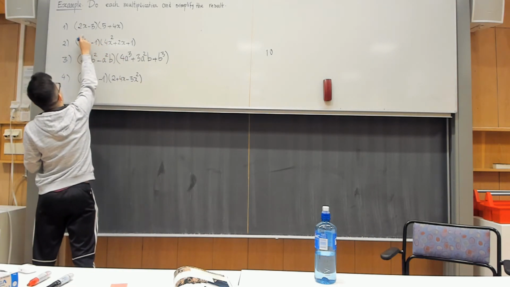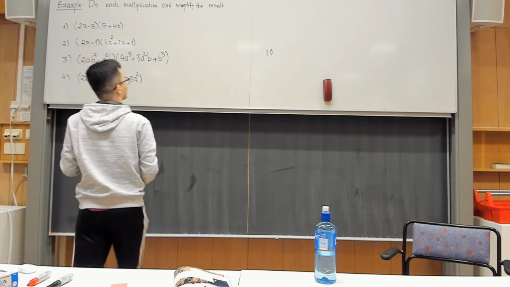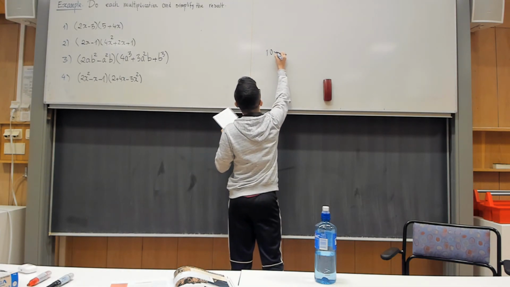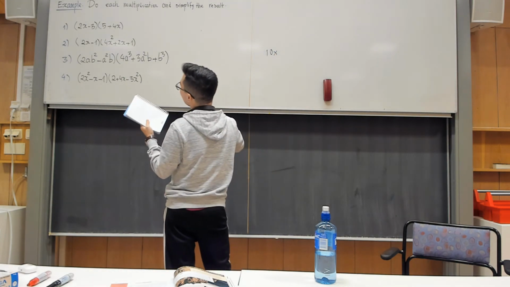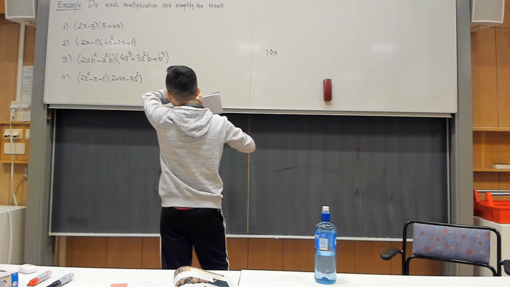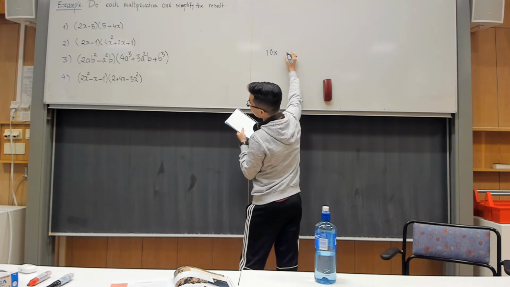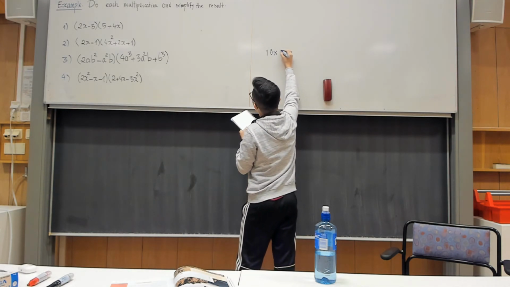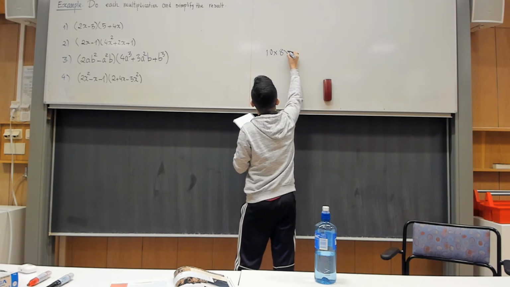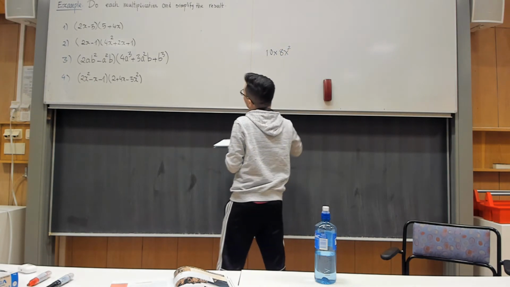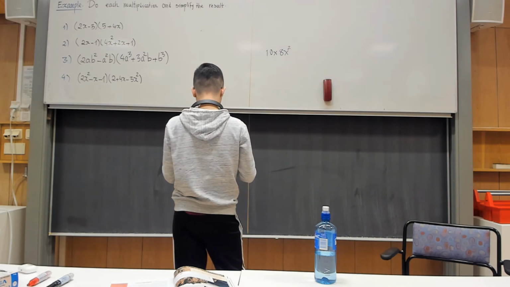I took 2x times 5, which is 10x. Then 2x times 4x, which is